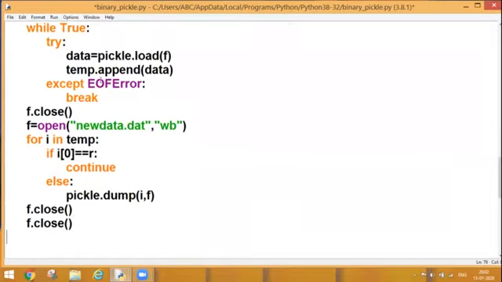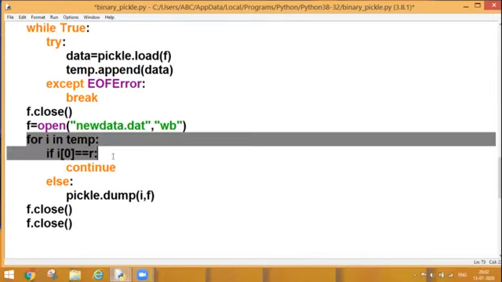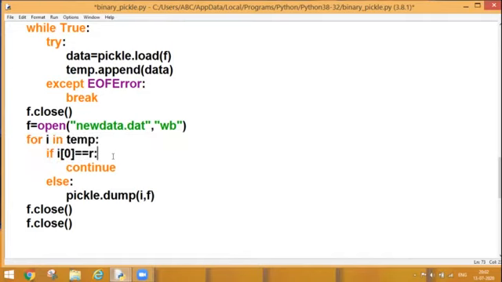So what have I done? After shifting the data into the temporary list, I have opened the file in write mode and performed one search operation. Once I am getting the record, that record will not be added into my permanent list in the file.